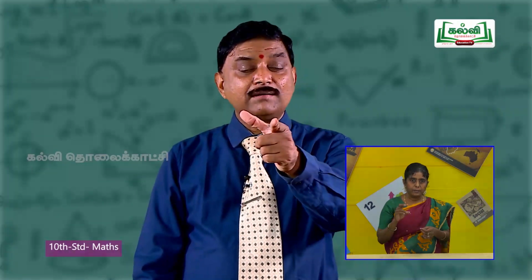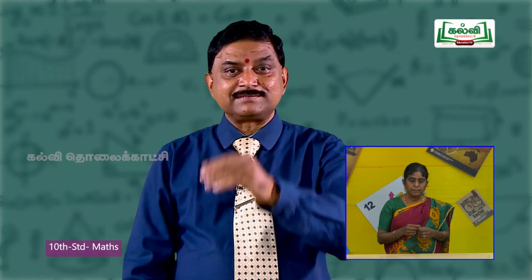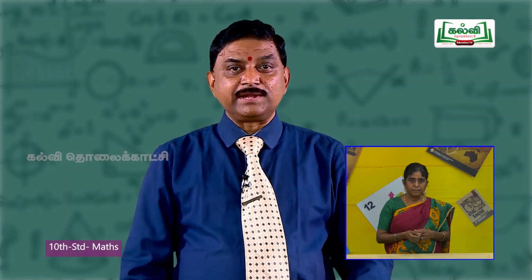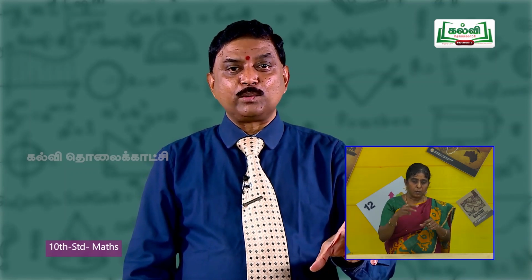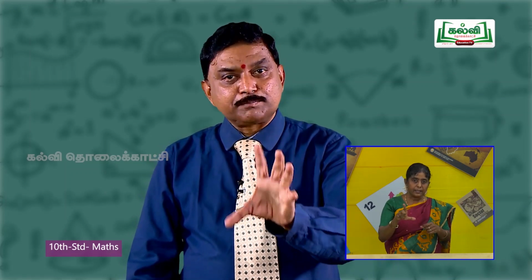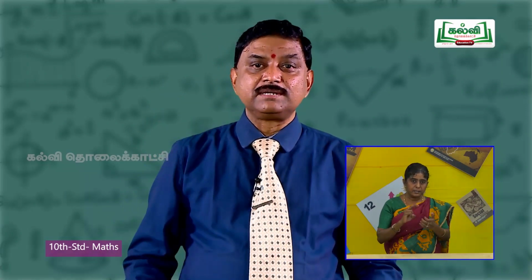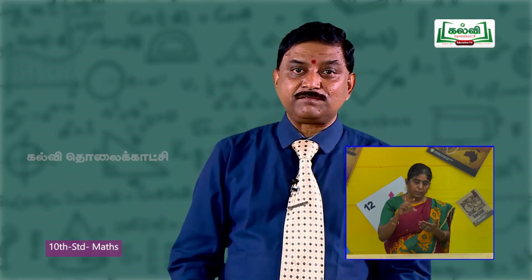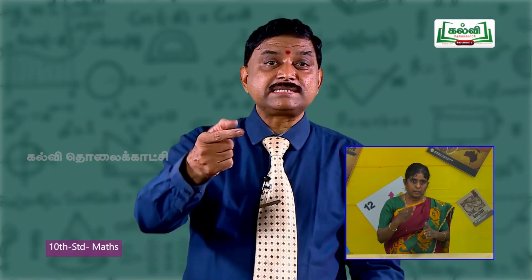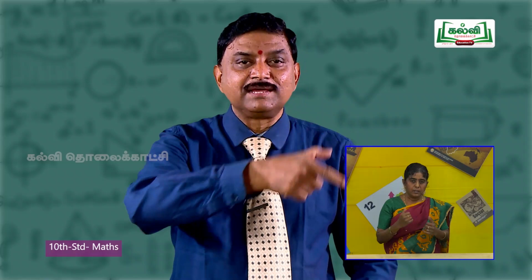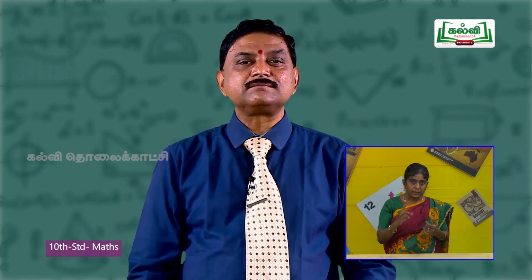So now you also have a very clear-cut idea, after seeing the diagram: a system of three linear equations represents three planes. All those three planes intersect at only one point. That point is the point of intersection of all those three planes. That intersection point is the solution of the system of linear equations.